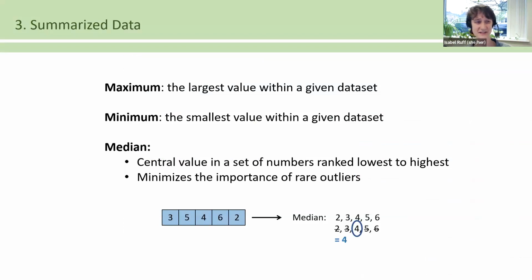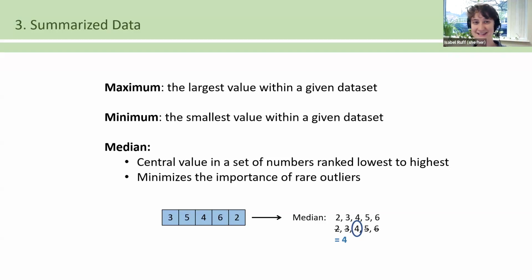So this includes creating summary statistics for each site. So using your data to calculate the minimum, smallest value within a data set, maximum, which is the largest, the median, central value ranked from lowest to highest, which really minimizes the importance of outliers. So if there is a huge outlier, the median will be much more of a center value and will have less weight as compared to an average. So we'll take those as well as the range and average, and you'll see those in your data packets.